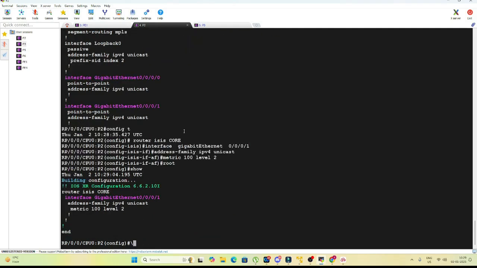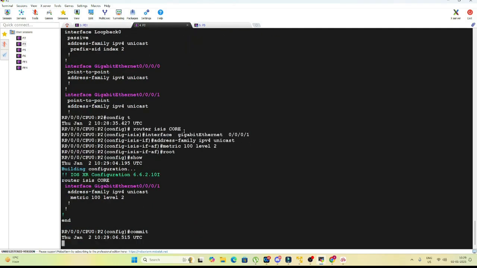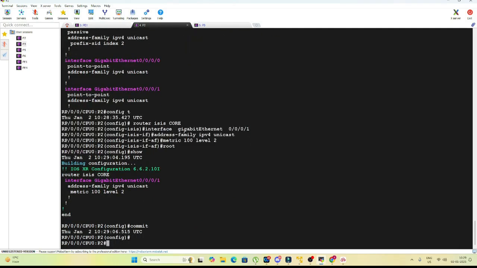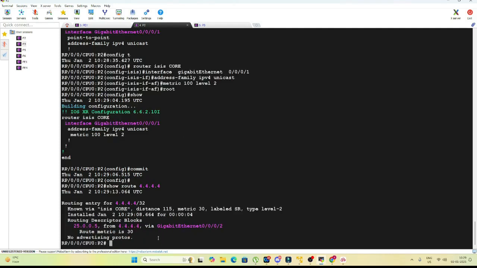Root show, commit, exit. Okay, now if we see the route table, the shortest path would be via 25 and the total